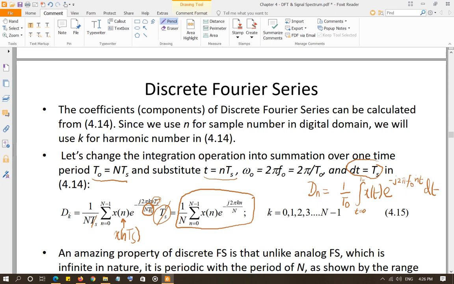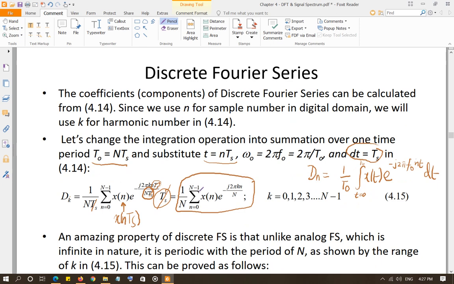dn or dk is a complex quantity. That means it has a magnitude as well as a phase. So each component has a magnitude and each component has a phase. Now, what is the difference between this and the analog? There's a very fundamental difference, and the fundamental difference is that your d of n, or the analog periodic series